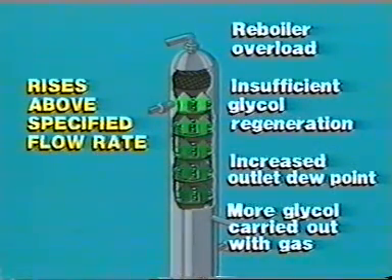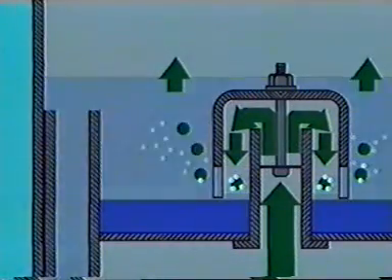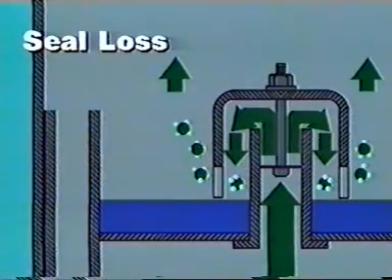If the gas flow rate is high enough, all the glycol can be carried out of the contactor at one time. A smooth flow rate without rapid surges or changes prevents a loss of seal in the contactor downcomers. Seal loss allows gas to bypass the trays and causes high outlet gas dew points and high glycol loss with